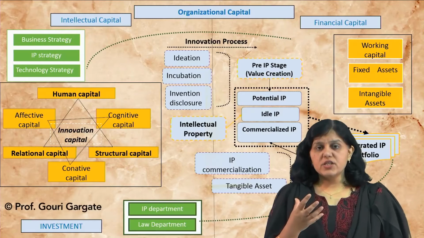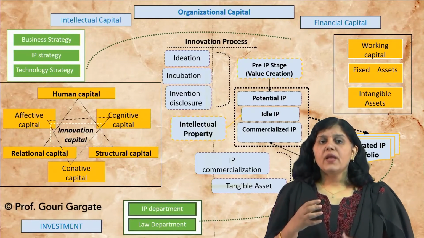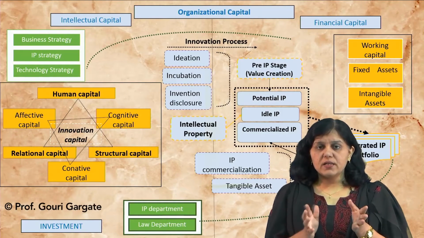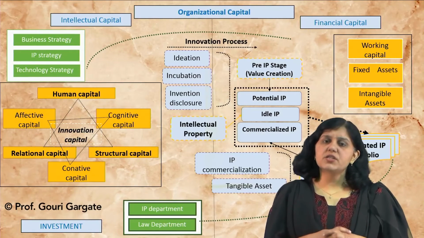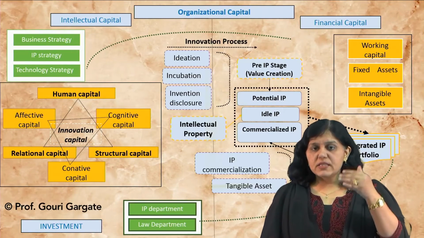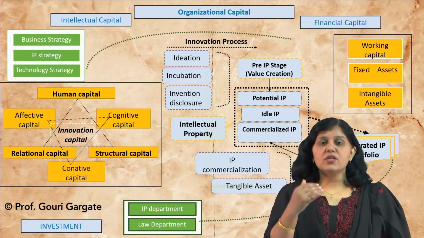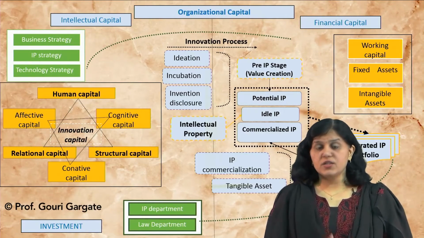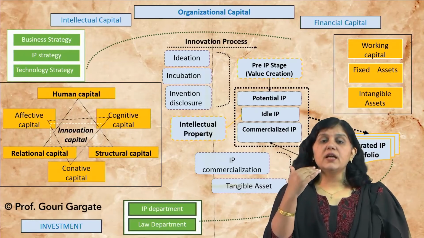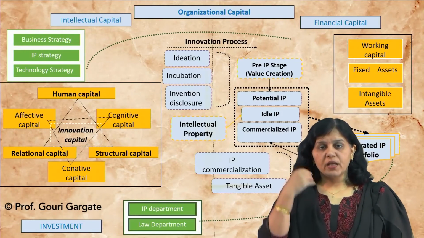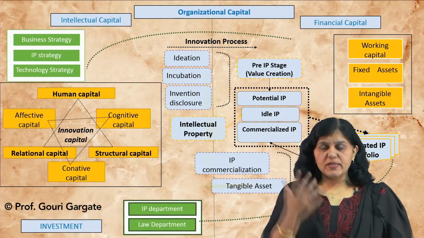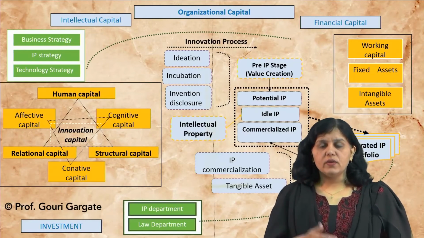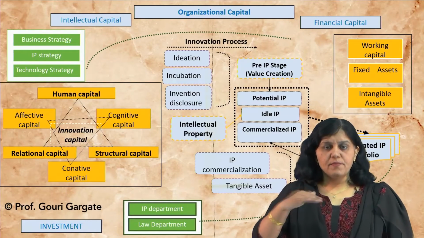So strategic decisions are important, and IP strategy is not standalone. Organizations definitely follow that. Their business strategy determines their technology strategy, IP strategy, innovation strategy, and R&D strategy. All these strategies are determined by the business strategy. That business objective is very clear, and accordingly, all things are managed, right?